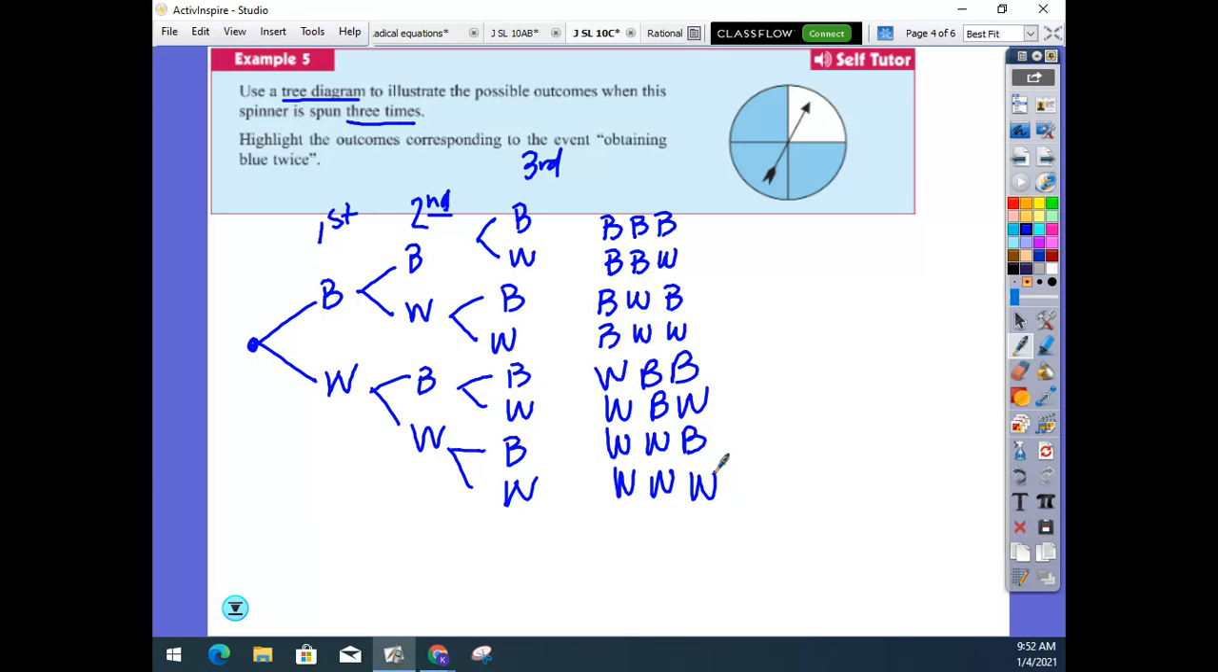We haven't even gotten into probability, because the next step is going to be inserting our probability along the way and finding the probability of each outcome. So this says blue twice. And notice it doesn't say more than twice, it says exactly. It just says obtaining blue twice. So we're not going to use the first one because that's 3 times, but this has 2 blues, this has 2 blues, and this one has 2 blues. So 3 out of the 8 have 2